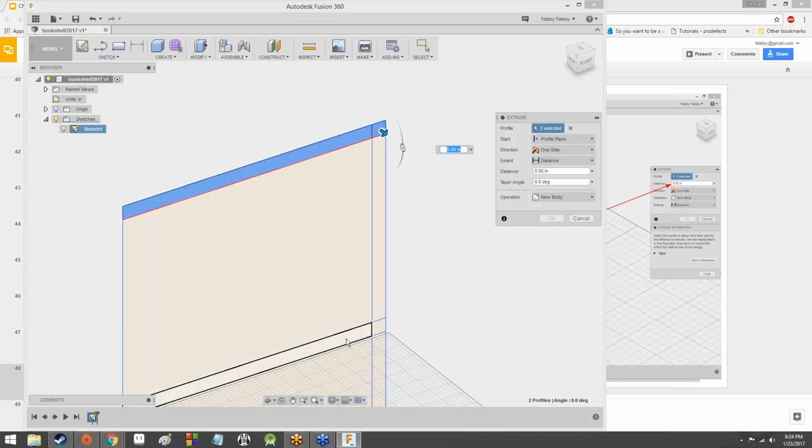So if we mouse over all of these things, we can see that all of the areas where they overlap become their own little separate areas. And that's fine. That just means we have to make sure that we're highlighting everything we want to whenever we want to work with this stuff. So now I have both of these highlighted, so they're blue. And under profile it says 2 selected. That's excellent. Now under distance,